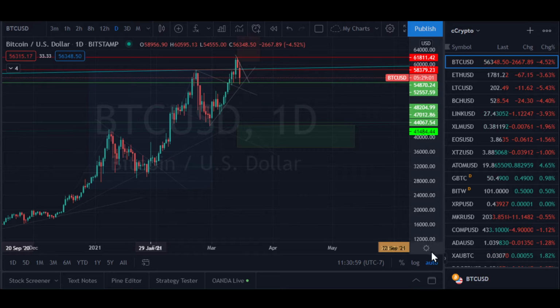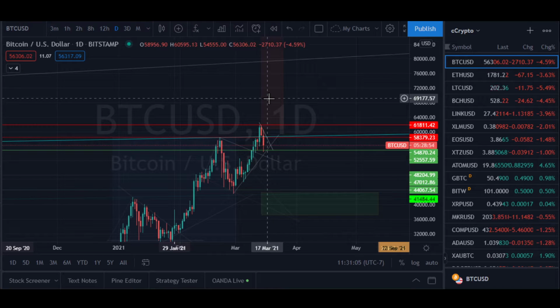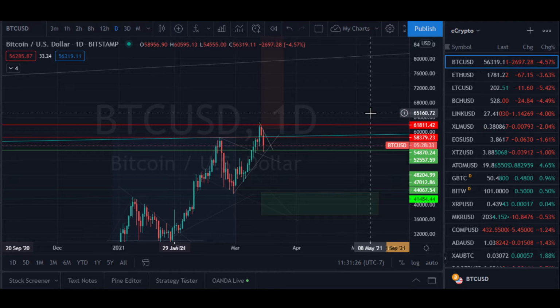Now I have this red box. I'm gonna have to turn my auto off for a second so I can scroll up here. I have this red box, and I'm hesitant to change it. I mentioned in one of my weekly updates why this red box is here, because you can have anywhere from behind on the heels of any pullback, whether it be a small 10 to 20% pullback or even getting to the 30 to 40% pullback, price action after a pullback can go anywhere between 40% higher to